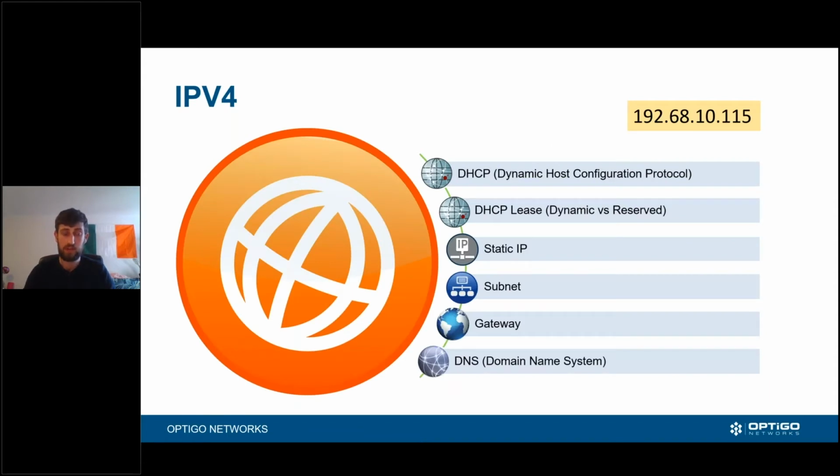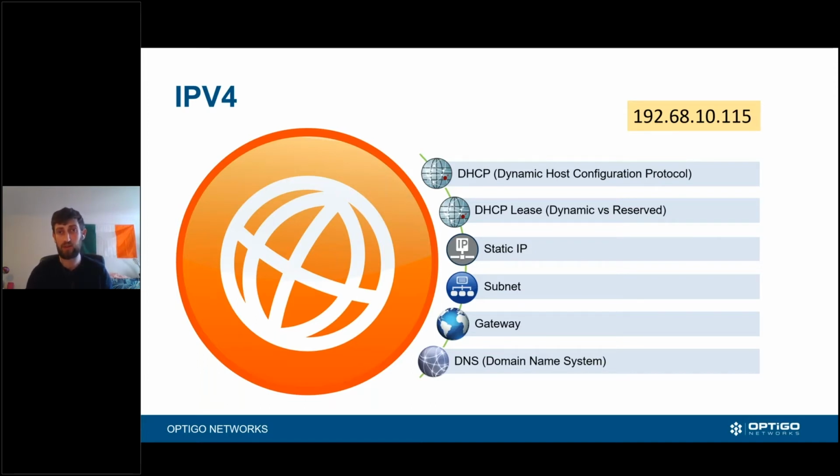Thanks, Wayne. Yep, so our IPv4 address. As you can see up in the top right in our little yellow box, we have our IP address 192.68.10.155. On a standard network, we have the /24. We talked about our subnetting there last week, /24. So the first 3 quarters of that figure are going to be your network address, and the last digit is going to be your host address, or your actual individual device address. So with IP addresses, when you connect your laptop into a network, how does it get an IP address?